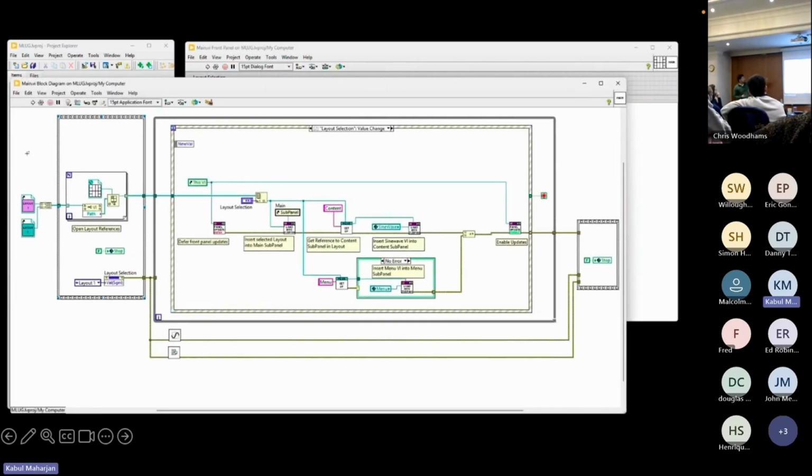Okay, so I will go into the block diagram for this just so you can see what it's doing. So we've got 2 layouts, which are, remember, empty. They just have the subpanels in them. Then I open the references to them and pass them in. Whenever I change the value for the layout selection, it will take one or the other of those layouts, and within that layout, it'll look for the subpanel that I care about. So in this case, on the top case, I've got content. In the bottom case, I've got menu. If the menu is not there, it'll get an error, so it won't do anything. But if the menu is found, then it'll try and load the menu VI, which is already running in memory,